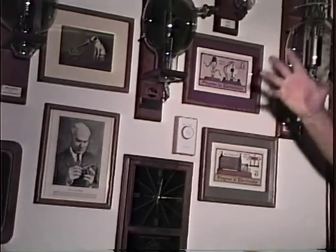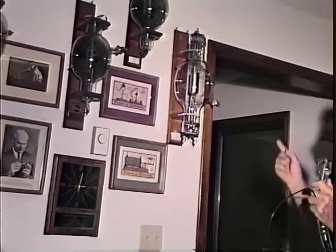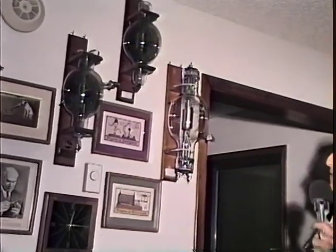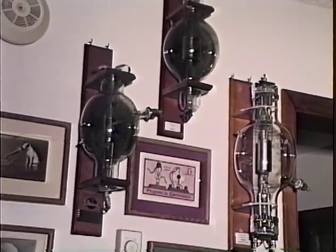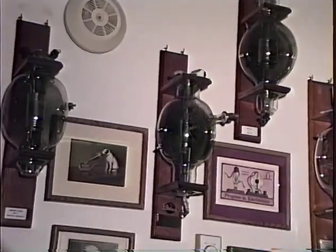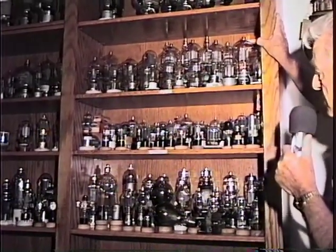Anyway, this collection of tubes here are mostly all Marconi tubes. There is one or two Osram, English tubes. A couple of these tubes came right out of BBC London, England. This MT9 here and MT6. These tubes are of the vintage of about the mid-20s to the mid-30s. They were popular. Some of these tubes I picked up here from the transatlantic communications link that Marconi had set up to Nova Scotia on the east coast of Canada. And then they had a Trans-Canada link to the west coast using these very same tubes in the late 1920s and 30s. And we're looking at this row of tubes here, some Heintz and Kaufman tubes from South San Francisco